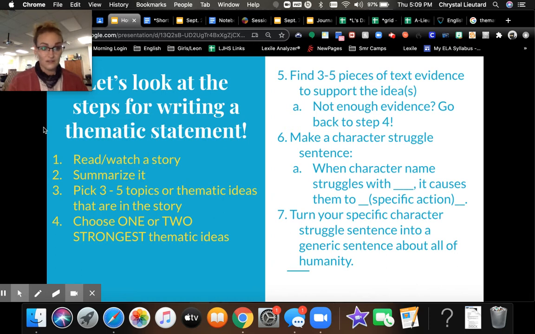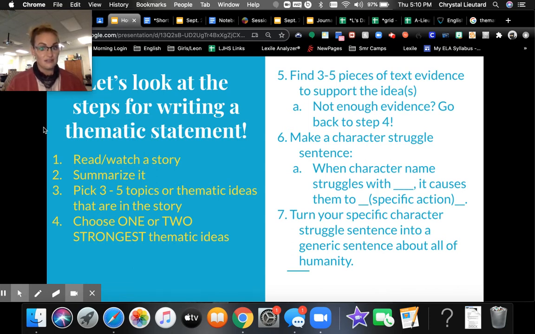If you can't find 3 to 5 pieces of evidence to support your thematic idea, you don't have enough. You got to go back to 4. You got to choose again. Pick a different strong thematic idea and try supporting that one, okay? Once you have it and you have your evidence, like, okay, I can support this, you're going to make a